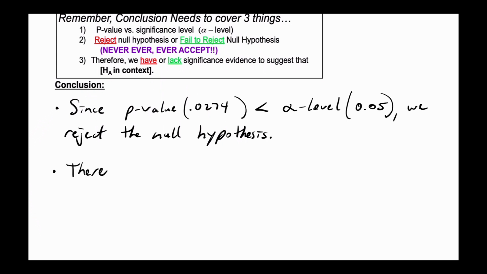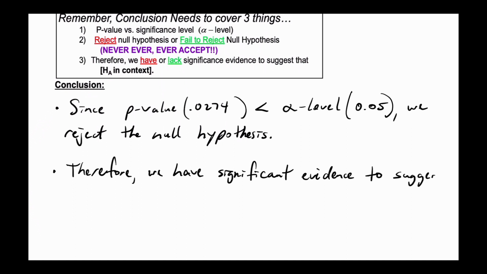I mix the first number one and number two in the first sentence, and then number three, I do in its own sentence. Therefore, we have significant or sufficient or enough evidence to show or to suggest that